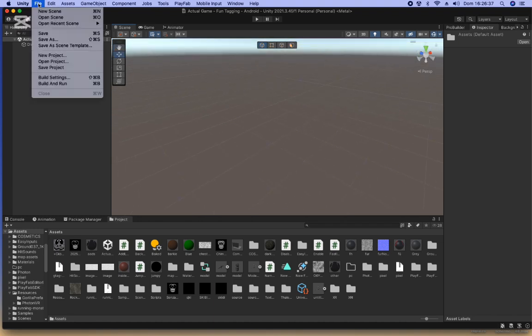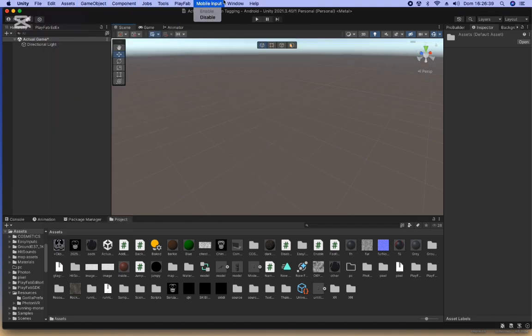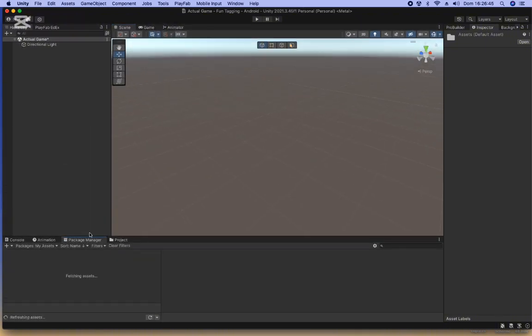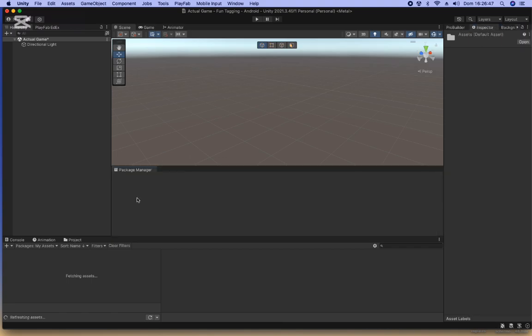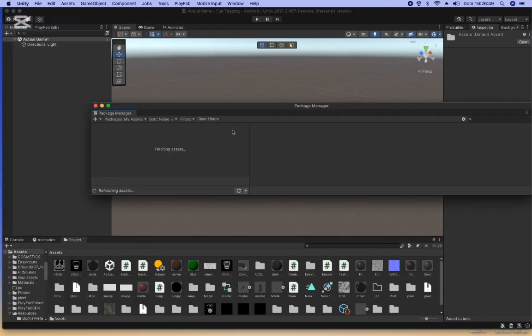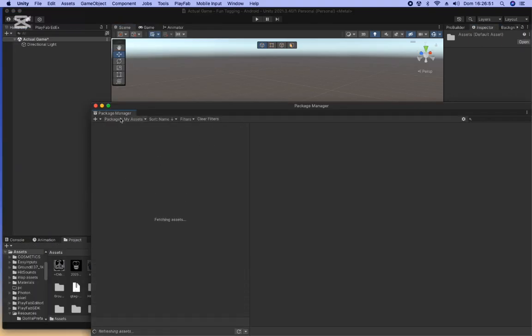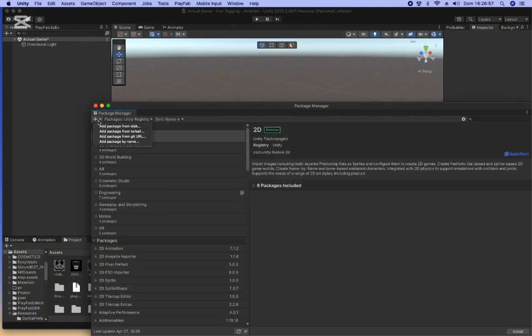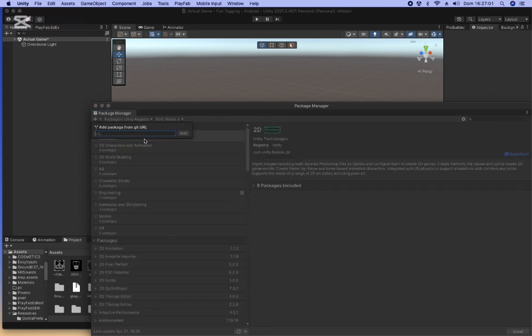So the way you do it is you do File, Window, Package Manager, which I have over here. You get the Package Manager. It should look something like this. Let me just drag it out so it's a random window. And over here you should see Packages: My Assets. Instead of My Assets, do Unity Registry, and then do this plus, add package from git URL, do